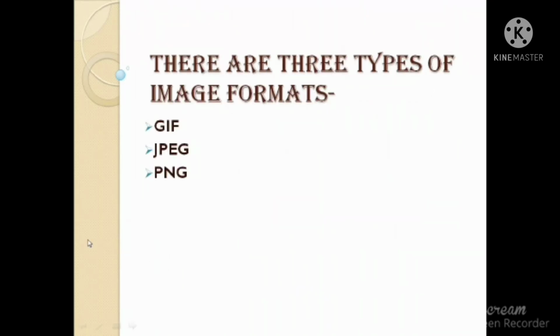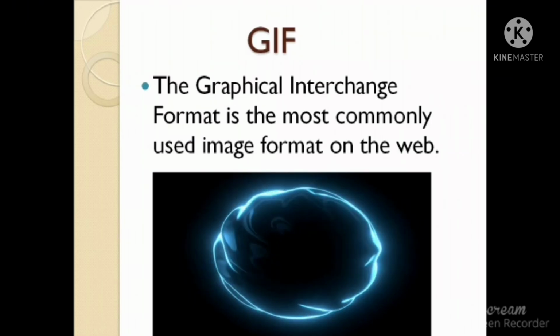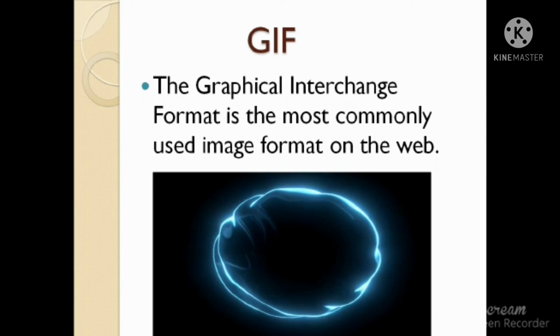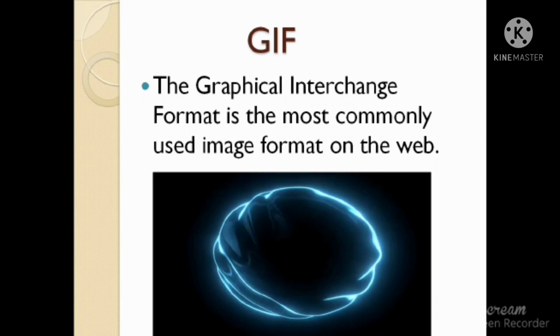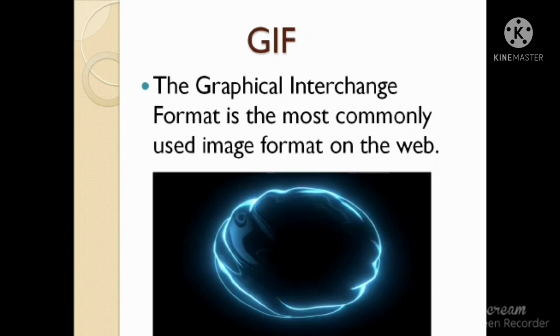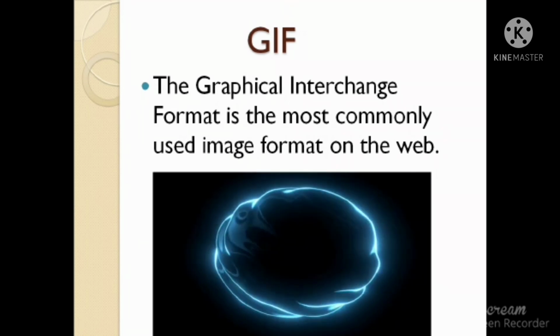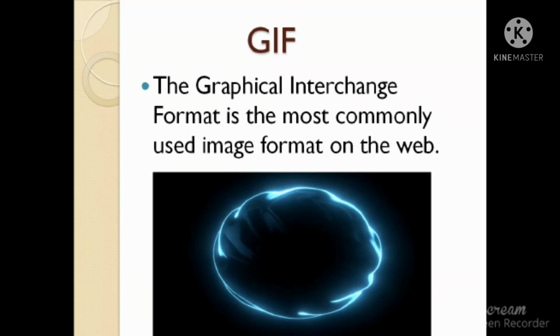So our next topic is images, types of images. So in HTML there are 3 types of images, that is GIF, JPEG and PNG. These formats are used when you have to put some images in your HTML to make it look more and more attractive. So first is our GIF. Basically GIF stands for Graphics Interchange Format, and is the most commonly used image format on the web. As you can see, most web publishers use GIF format to make pages attractive.